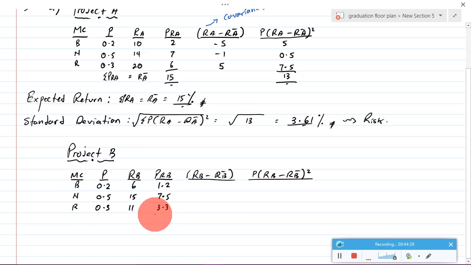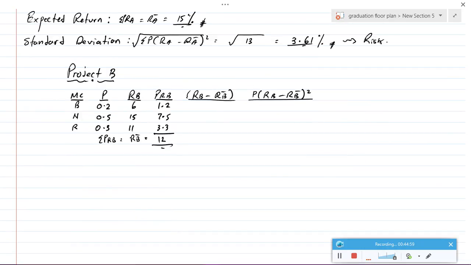Now, which investment should you choose? If it is a single investment, A and B, which one do you go for? A or B? Why A? Then why B? It depends, actually. We cannot say A, cannot say B, because look at this: this is high return, low return, but this is low risk, this is high risk. So which one can you go for? It depends on the investor's decision, at the end of the day. So the comment will be